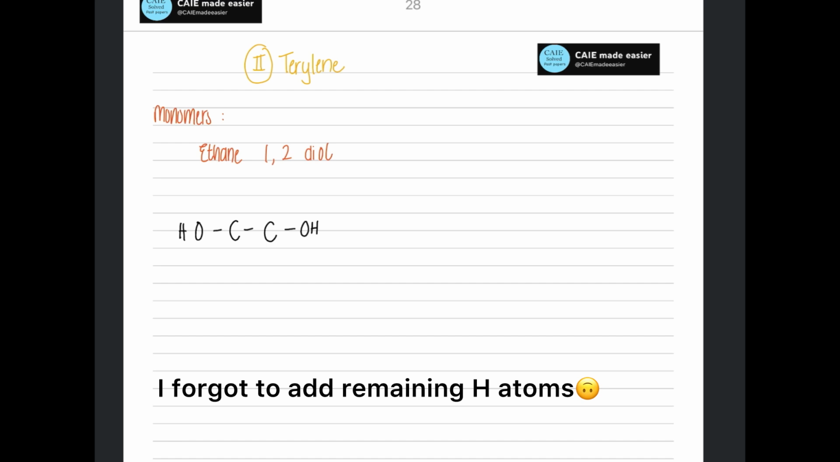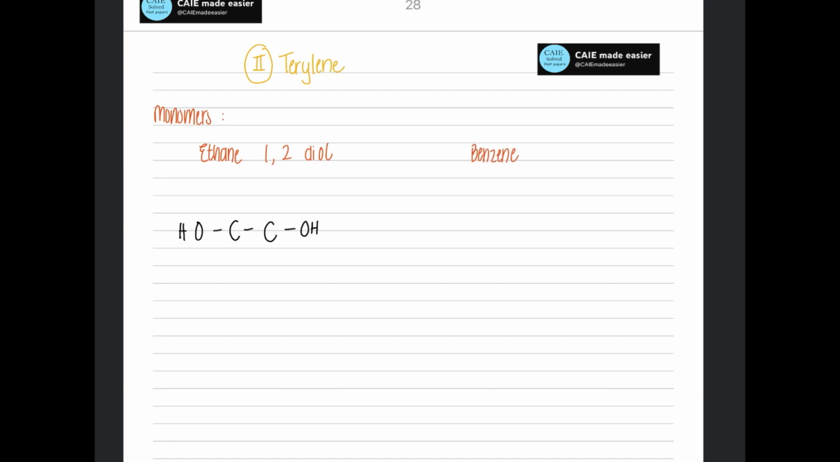Okay, what is the second monomer? The second monomer is benzene 1,4-dioic acid. You might know benzene. Benzene is a ring of carbon structure that has 6 carbons, okay? And there are alternate double bonds between carbons. So let's try to write 6 carbons. 1, 2, 3, 4, 5, 6. And then alternate carbons have a double bond. The rest have